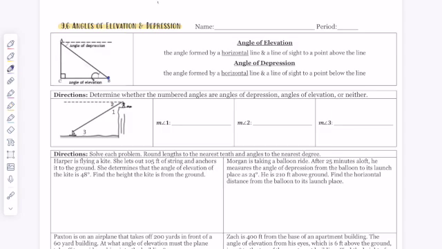We are still going to be working with Trig. Trig is not going away. So we're going to write SOHCAHTOA at the top of all of our assessments, all of our assignments, all of our notes. The only difference with today's lesson is instead of the triangle being drawn and you finding a missing side length or angle, you're actually going to have to create and draw a picture of the right triangle from the given word problem. So before we get too far into that, we need to talk about angles of elevation